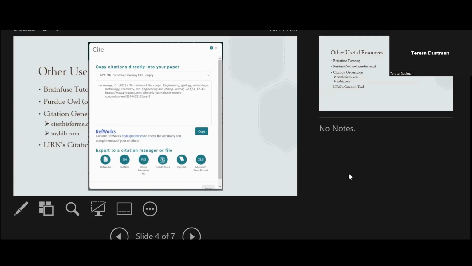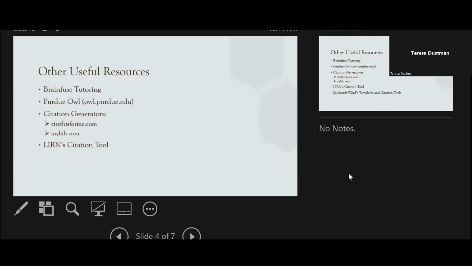Again, not foolproof. There are mistakes many times when this happens, but it's a good starting point for students. Again, compare this to the handbook to make sure you have things cited correctly. So again, good tool. I will say it doesn't have Turabian, the latest updated one. So like I said, love it and hate it, but Learn has some good citation tools.